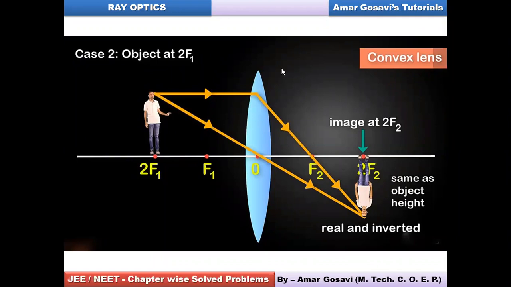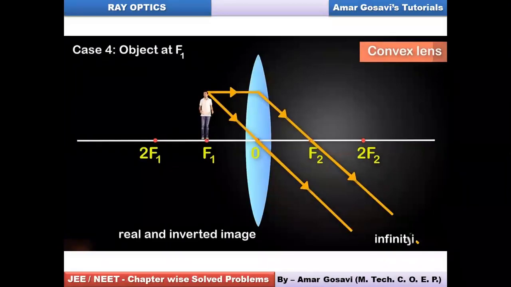Okay, great. So let's understand the second situation now. Instead of 2f1, now the object, or the person, is standing at F1. So at F1, you can see the first ray moves parallel, and after refraction it will move through the focus. The second ray moves through the optical center undeviated. So if the object is at focus, the image will be at infinity. Obviously, it is on the other side, so it is real, and obviously it has to be inverted, but then it will be at infinity. Note it down, the second case I've shown you.